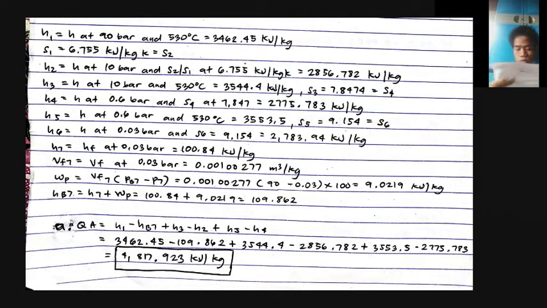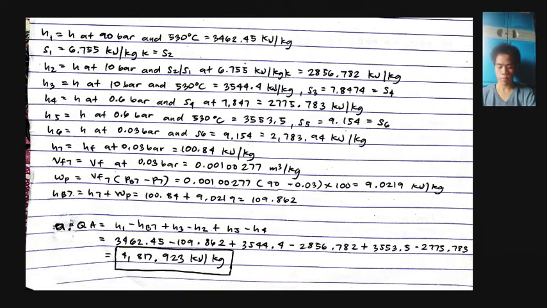S2. In the next row, for H2, H3, H4, and so on, it is the same, taking H1 and S1. So next, for QA or heat supply, H1 minus HB7 plus H3 minus H2 plus H5 minus H4. Since we already have the values, by substituting them, the value is